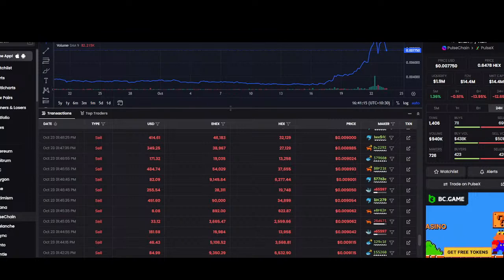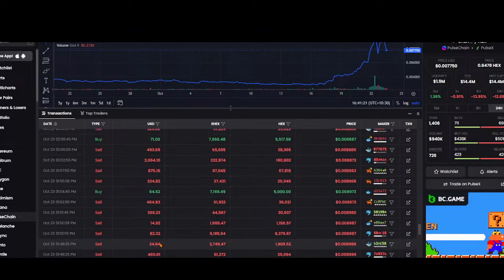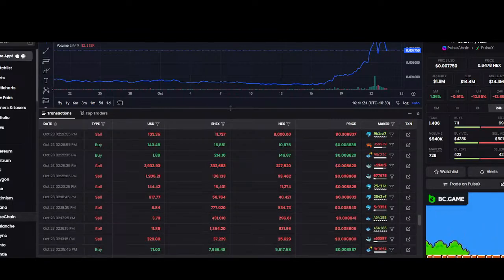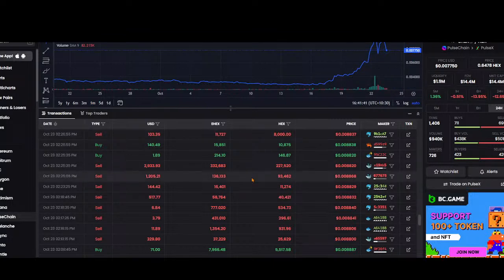So you're seeing here, add these totals up, and they're apparent. It's not even really selling. In essence, it's swapping, but it has, I guess, the net effect of a sell, because the Ethereum HEX must be bound, tied, tethered to the actual HEX price on the Ethereum chain. That makes sense, right? So because that is taking place, and this is my analysis for today, when the sells are taking place, so people are selling out of EHEX into HEX on Pulse Chain, maybe that's having a pulling down effect on the price as it's being traded across.